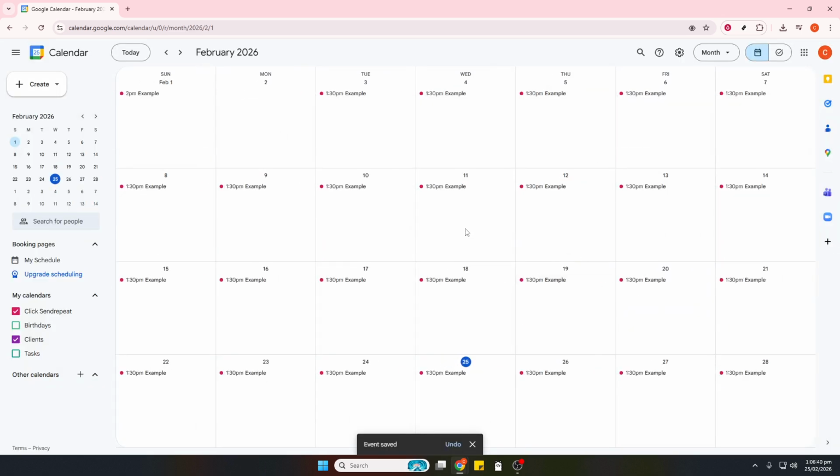Finally, use event descriptions wisely. Add a clear agenda, notes, links to video calls or documents, and a simple checklist. Keeping context inside the event means you arrive prepared and can move straight into action. With these steps in place, your calendar becomes a reliable system that organizes your time and speeds up your